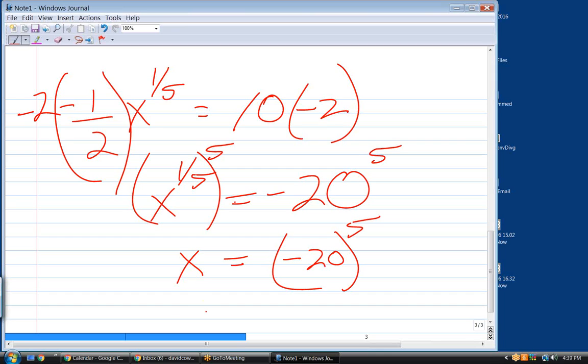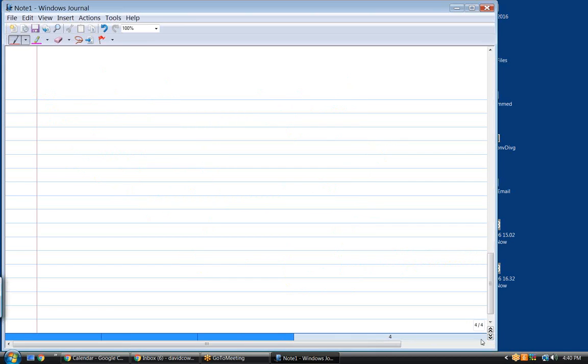In other words, this might be a sufficient answer rather than having to go to your calculator and figure out how gigantic that number is. Oh, you know what? It's got to be -32 with 5 zeros. Oh yeah, because you basically just went over a simplified version of that. Well, it's -2 to the 5th, which would be -32, and then all these zeros just end up being 5 of them. So -3,200,000.